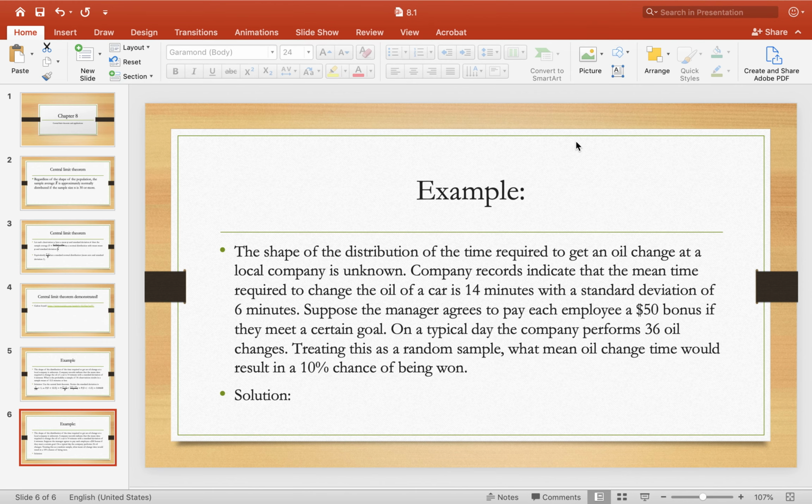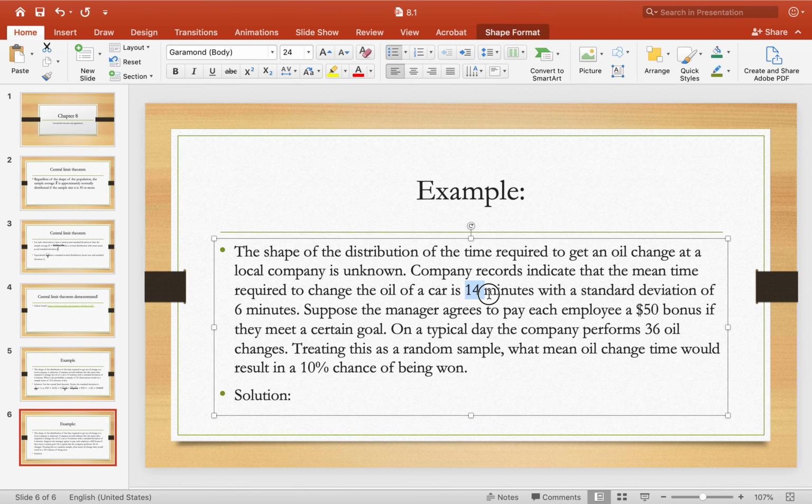Here I have the same information. The mean is 14 minutes from company records, standard deviation of 6 minutes, and the manager wants to provide an incentive for the employees to work hard. He's going to pay each employee a $50 bonus if they meet a certain goal, and that goal is to have an average oil change of less than a certain time. So why don't I state that? The goal